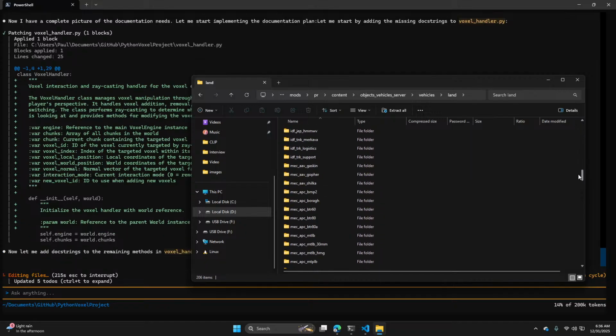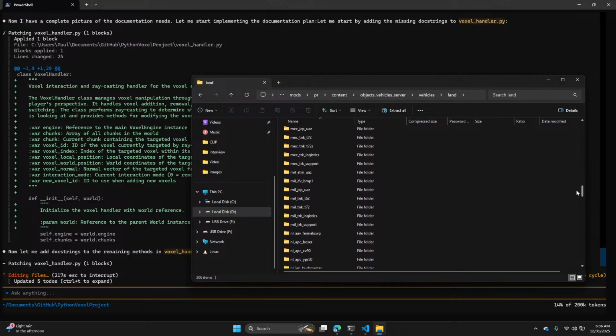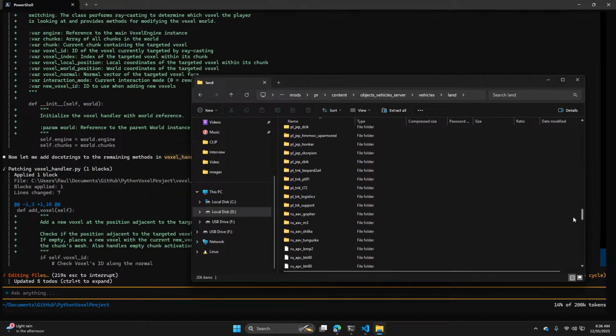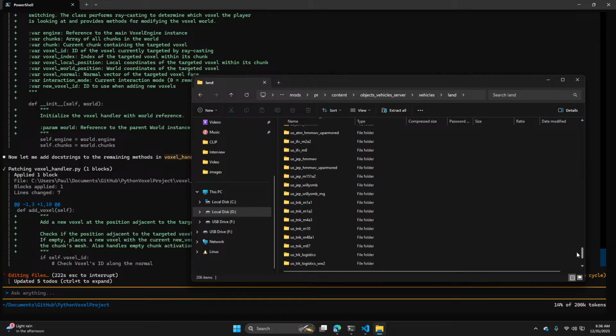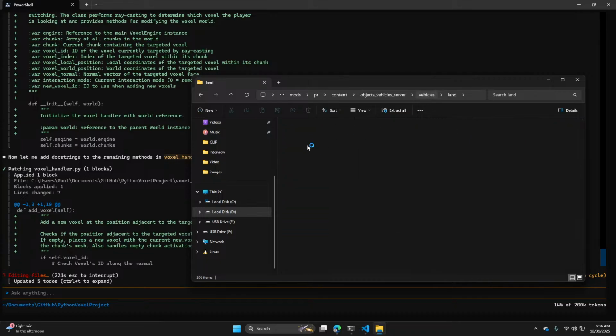The insurgents have, it's a civilian car.